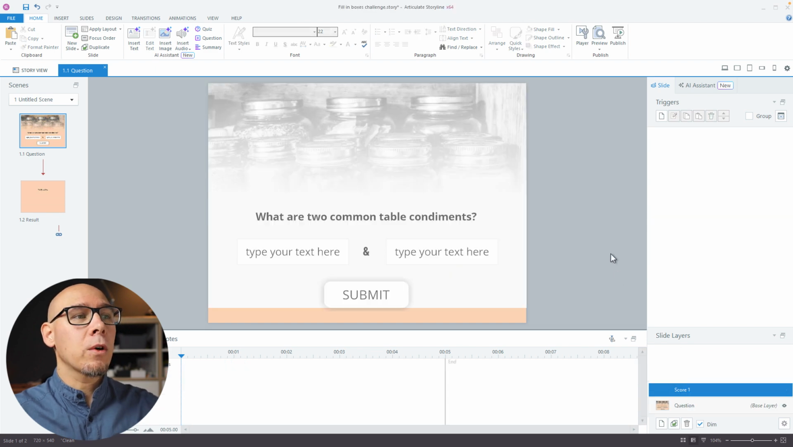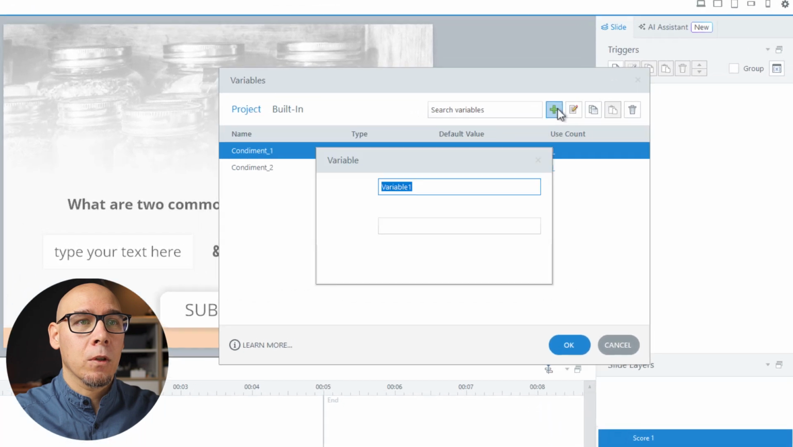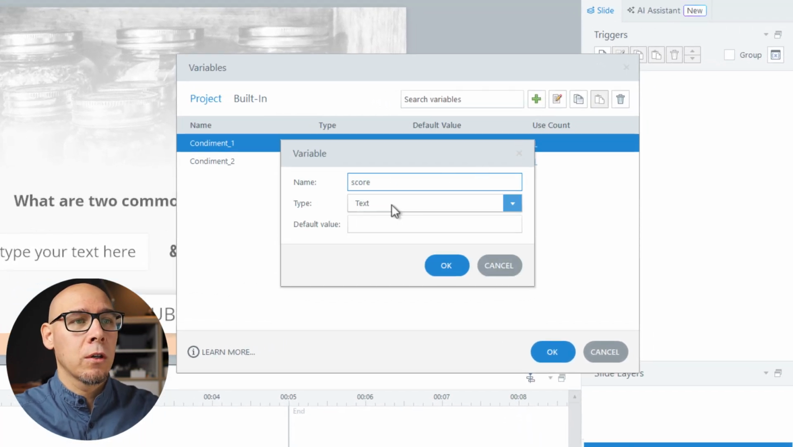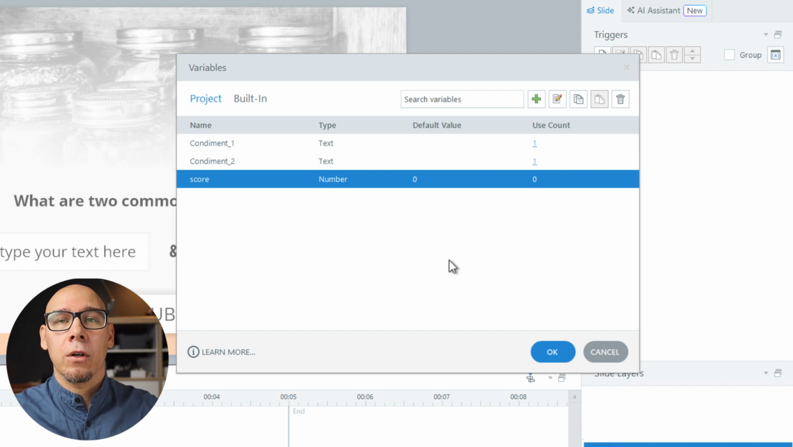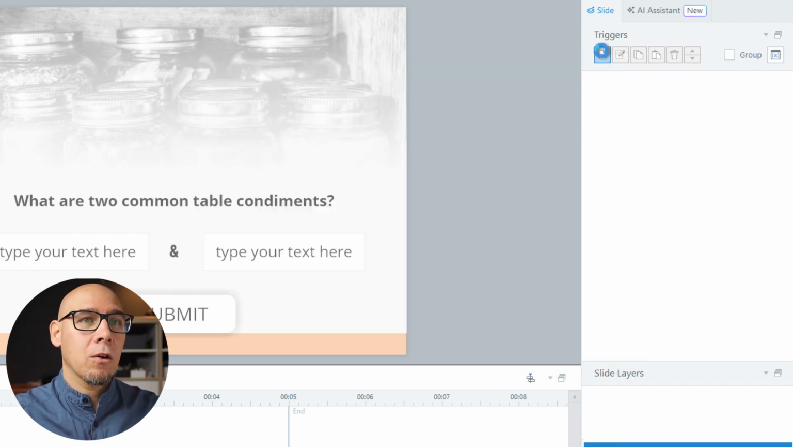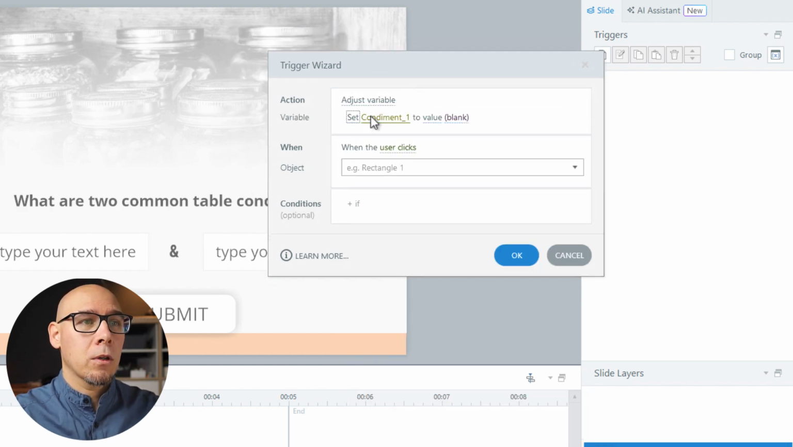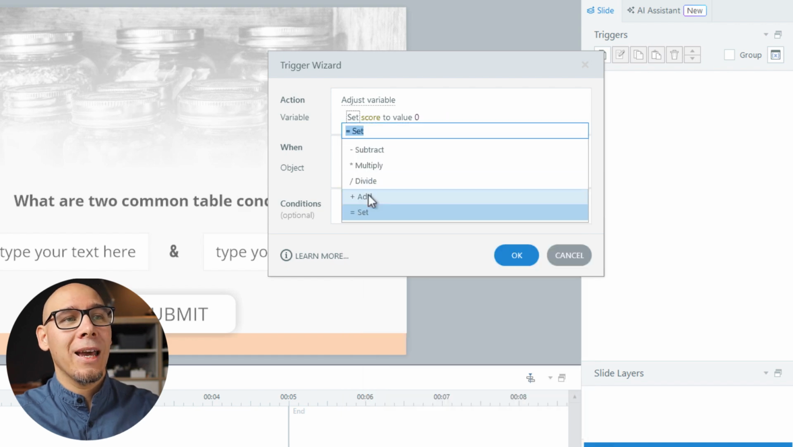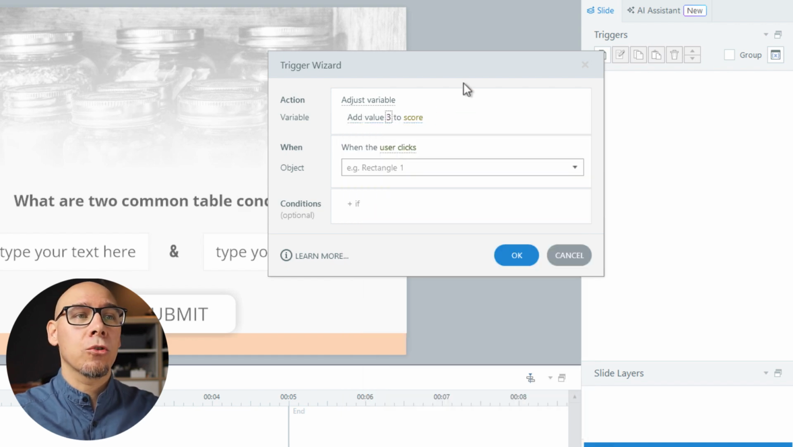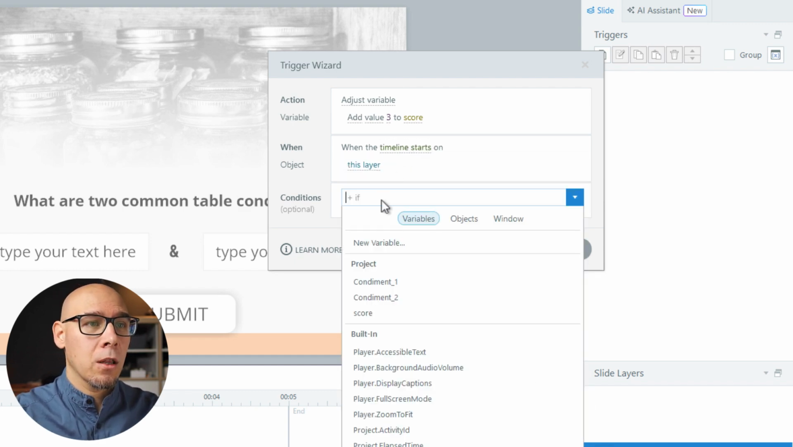And in score 1 we're going to check if the first field is salt or pepper, and we're going to add 3 points for that. So let me quickly jump into the variables here. I'm going to say score, number variable. We're going to be adding numbers up, so it can't be a text variable. And now the first trigger, we're going to adjust the variable. We're going to say score, and we're going to add 3 points to score when timeline starts,